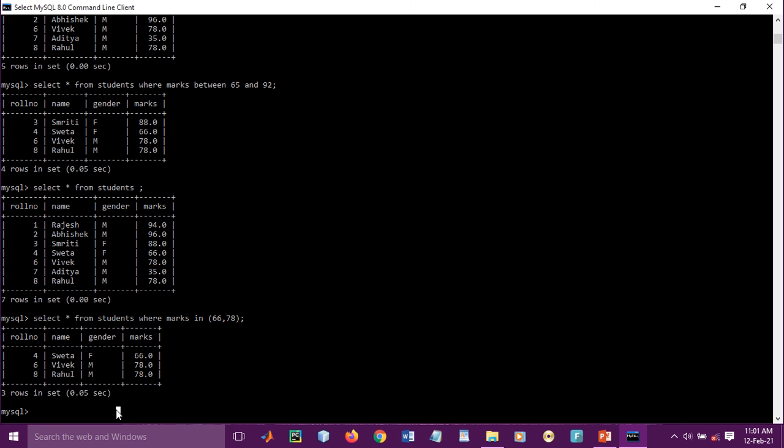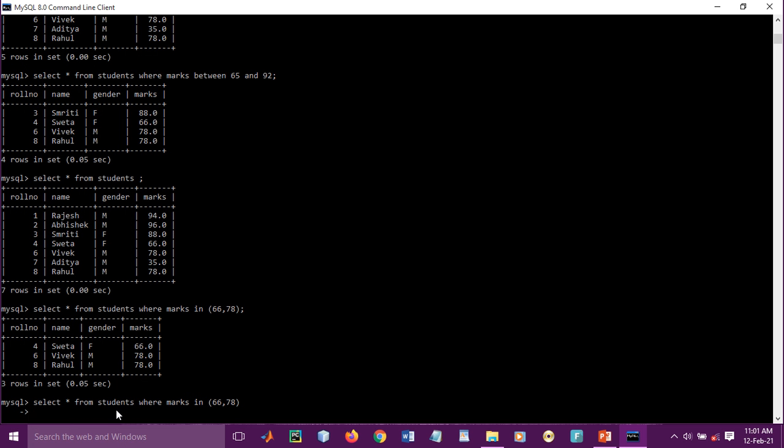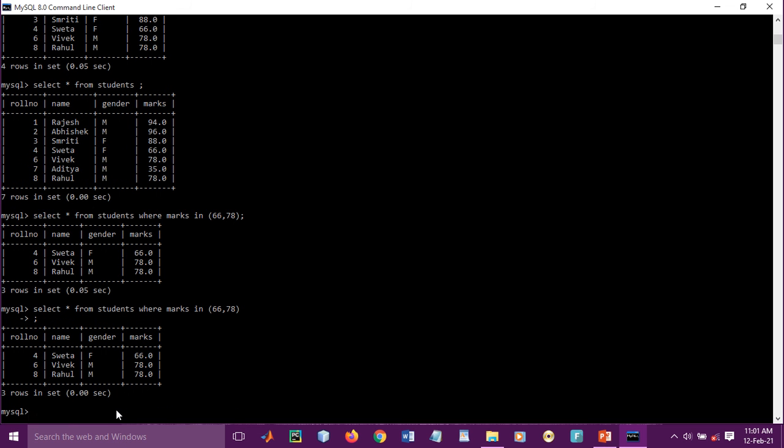Suppose you have remembered some student's name but not all the contents. So suppose you remember their first name, last name or middle name, just for example. So how will you get that? For that there is a keyword-specific functionality. You can type select star from our table name students, where name is like.